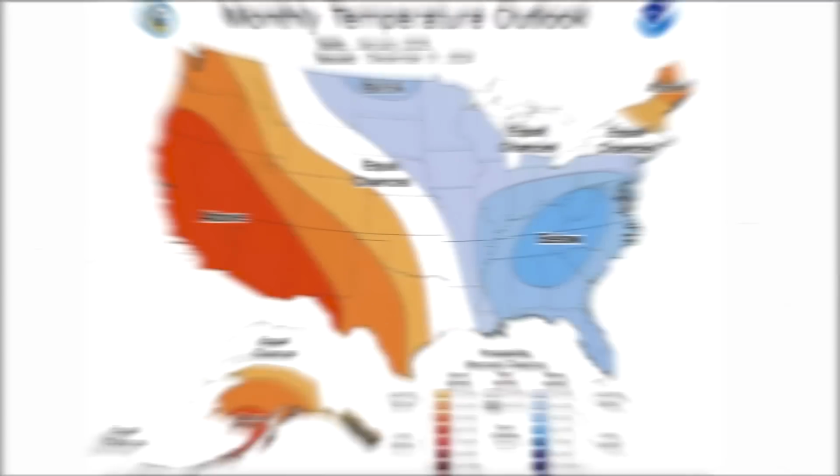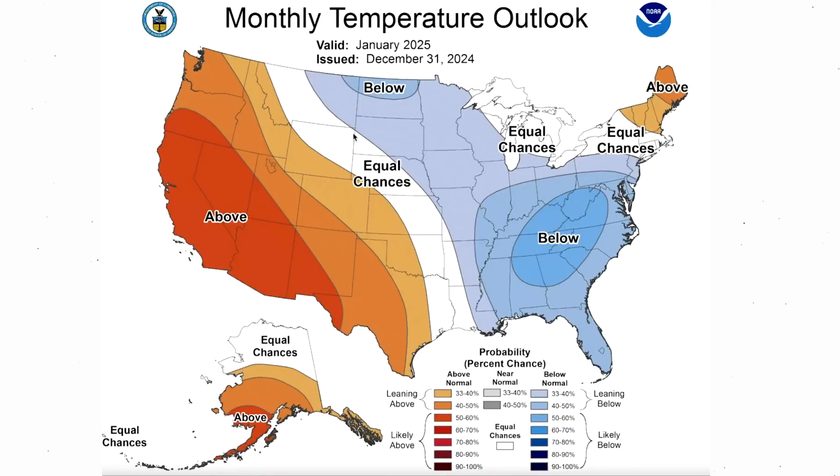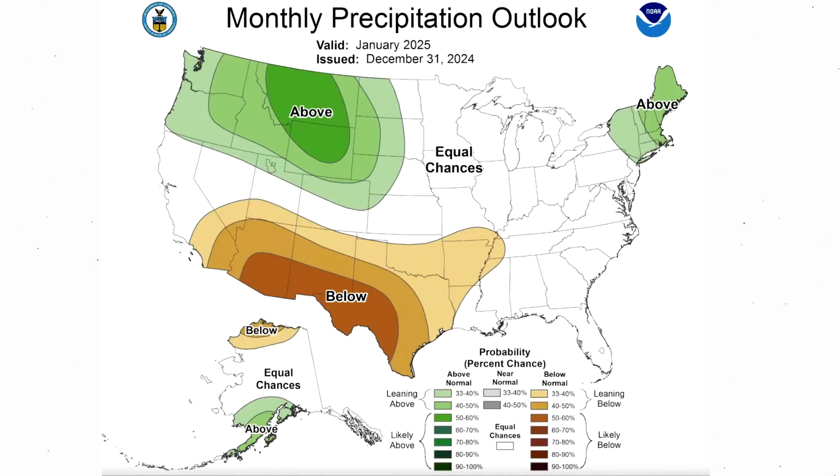Now, when we take a look at their overall monthly outlook, it looks very similar to that 3 to 4 week outlook, actually, with warm along the west, positive PNA, cold in the east, kind of missing out in New England, but again, no huge difference really. And then for the precipitation, a little bit less activity here across the mid-Atlantic and southeast, but New England actually ends up getting above average on their monthly outlook, as well as the northwest once again.